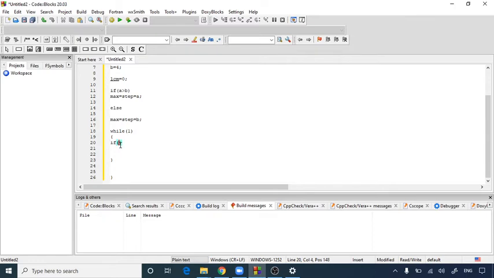So if max modulo, the percentage sign, that is the remainder operator, if the maximum value modulo a equals 0, that means it is completely divisible by a, and if max modulo b is also equal to 0, completely divisible, then you have to write LCM is equal to max.